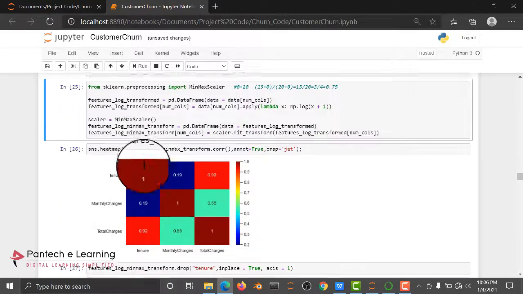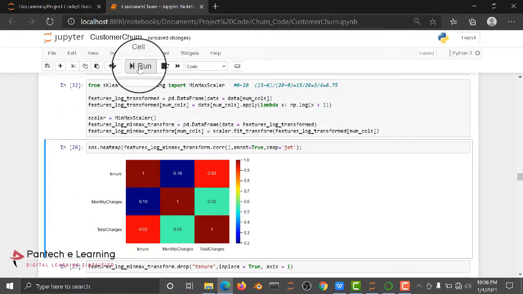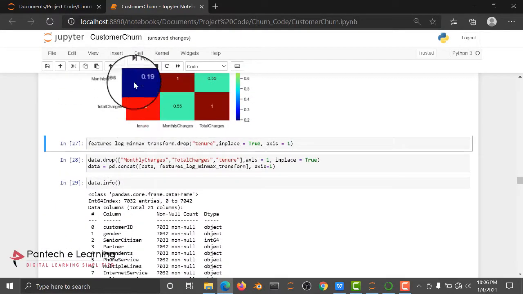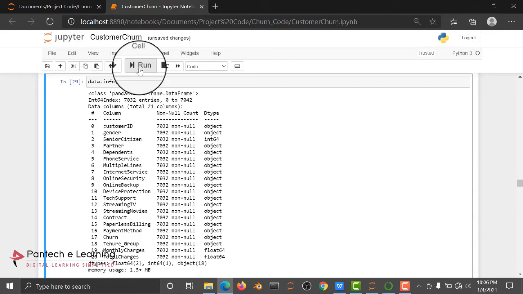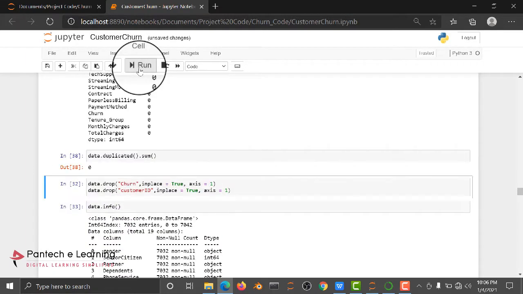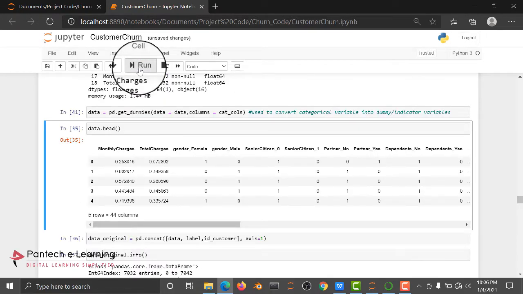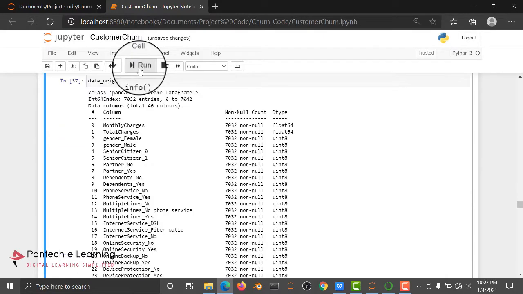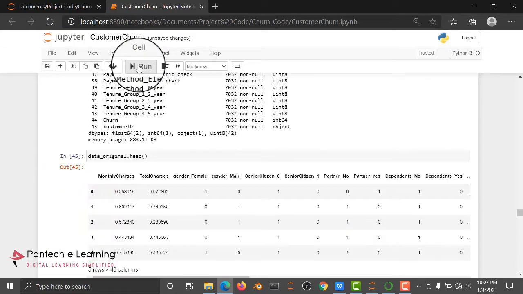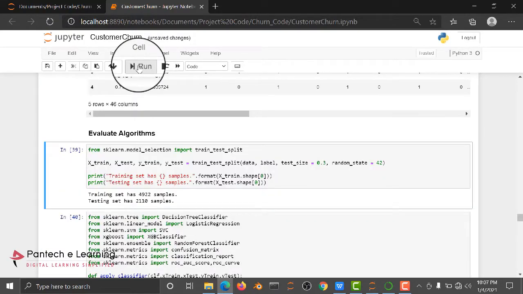In pre-processing we are checking some important attributes by using a heat map. Then after this we are dropping some unwanted data. Then after dropping some unwanted data we are going to get the dummies of each and every attribute. So dummies and label encoding are also one method only. So here we are using dummies, and here we are concatenating all the dummies. After concatenating all the dummies we are evaluating the algorithm.